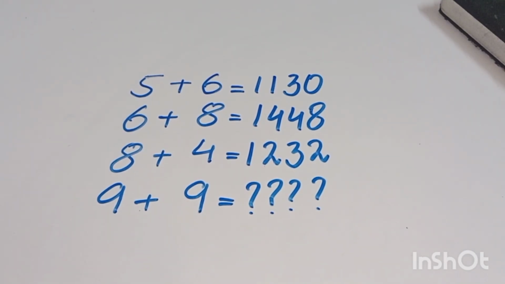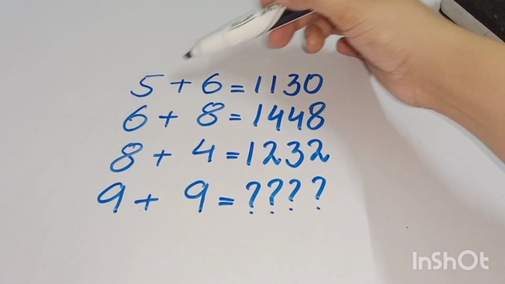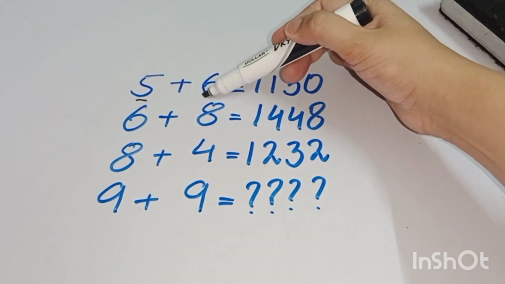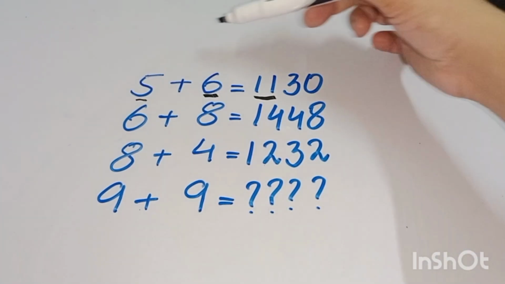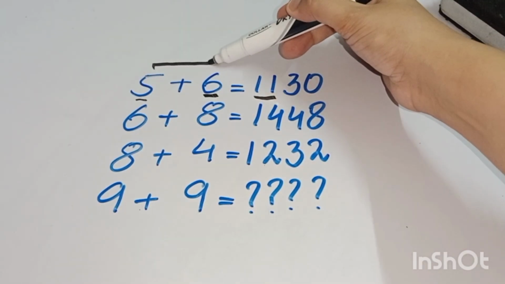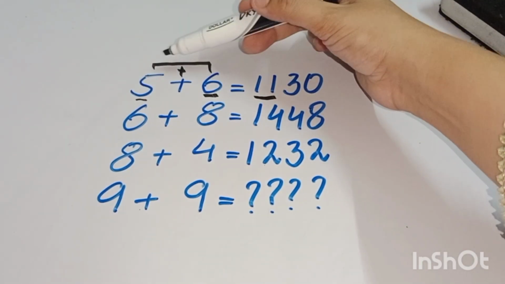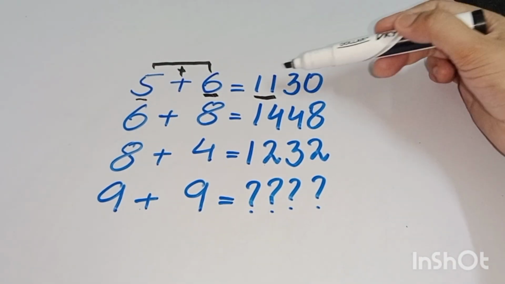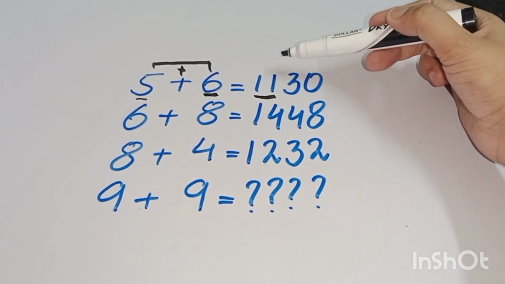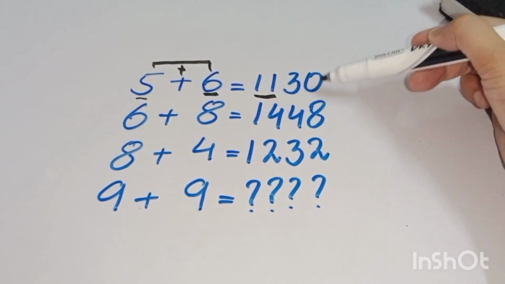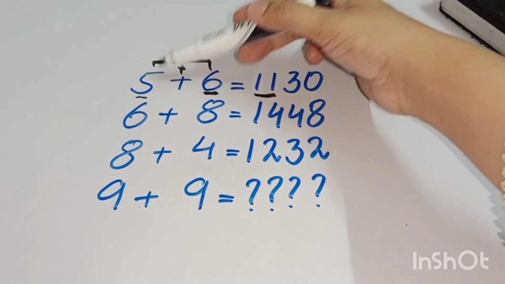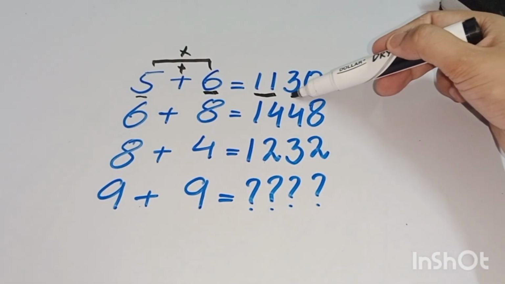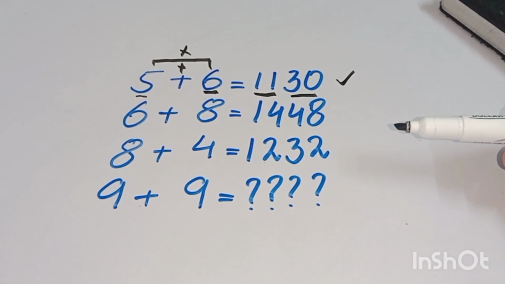Now I am giving you live proof of this puzzle. Here I have two numbers 5 and 6. How will it give me 11? When we add these two numbers, 6 plus 5 gives me 11. First two digits are satisfied. Now to get the second two digits, we have to multiply these two numbers. 5 times 6 equals 30. First equation has been satisfied. Great.